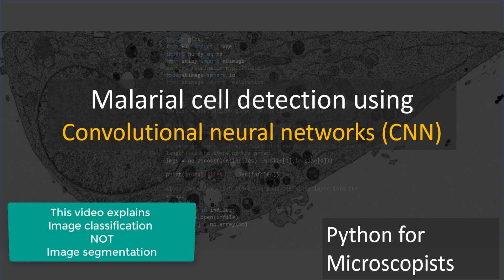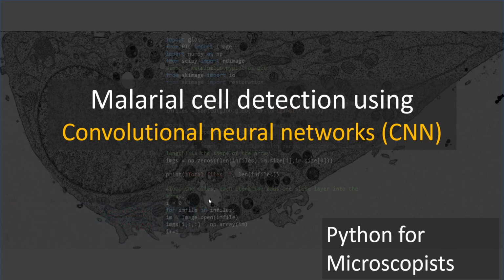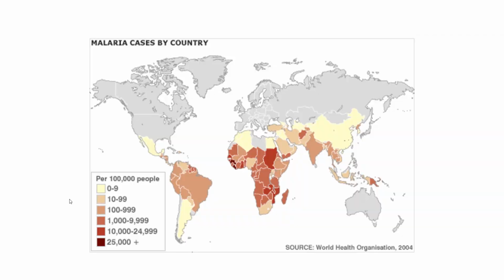This is a continuation of the previous tutorial where I provided an overview of deep learning and neural networks. So here we're going to do some coding to build our convolutional neural network, train it for detecting parasitic blood cells versus healthy cells. Okay. Now, just before jumping on to the topic, just a quick overview of how serious this